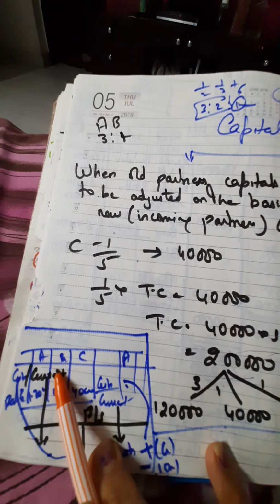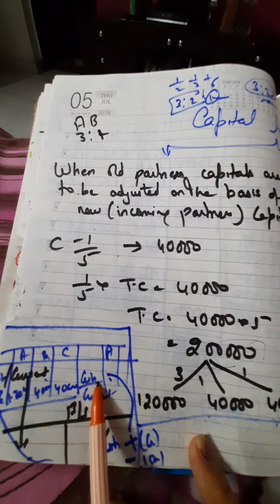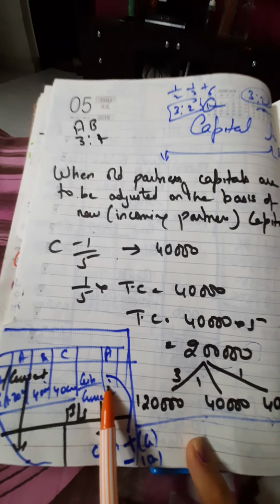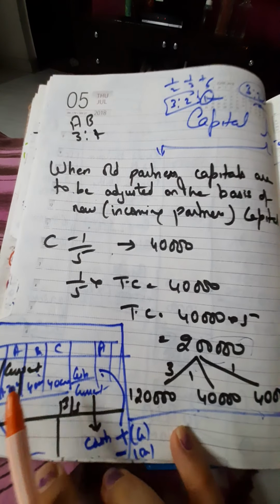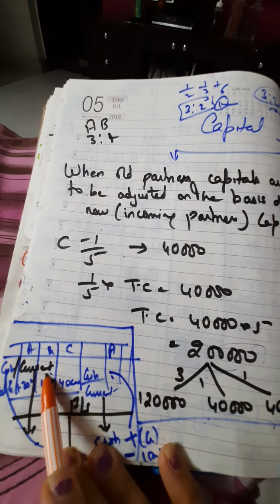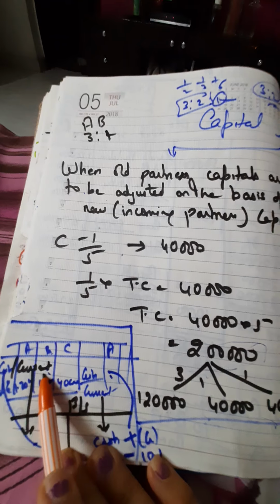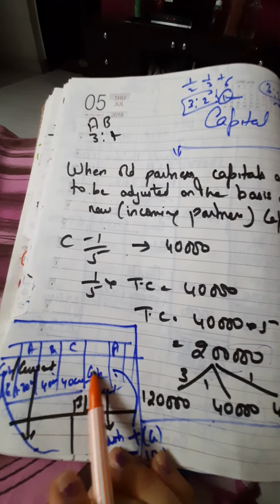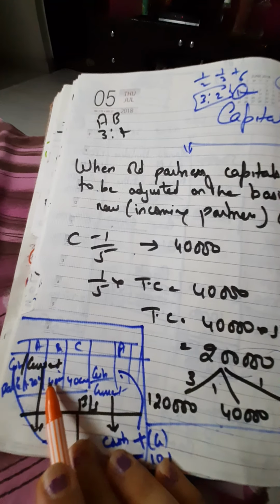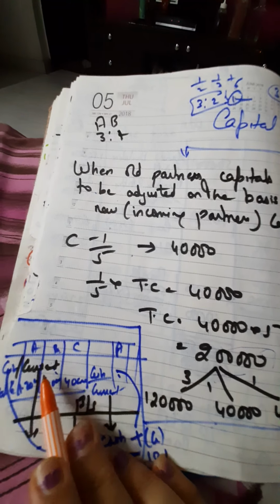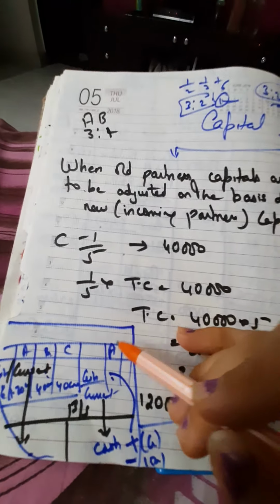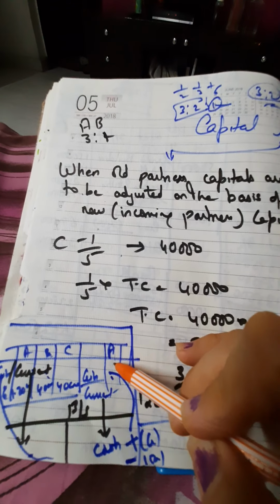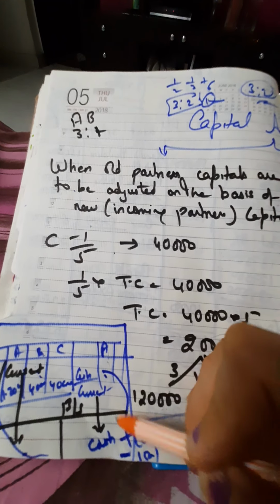Now if the debit side is greater than credit side, then take either cash or current account on the credit side. And if credit is more than debit, then the balancing figure will come on the debit side. Now if nothing is mentioned in the question, we are going to take cash. And if they say that you have to do this capital adjustment through current accounts, so we are going to take current accounts.